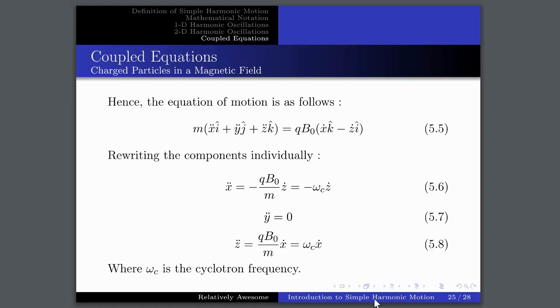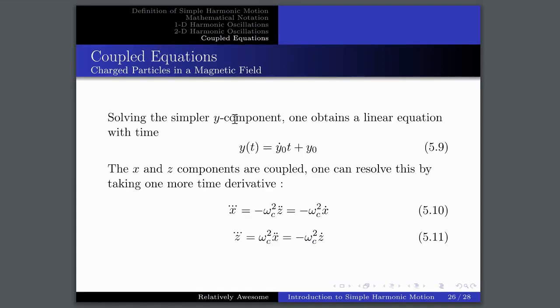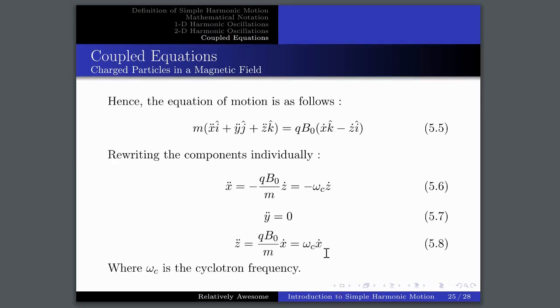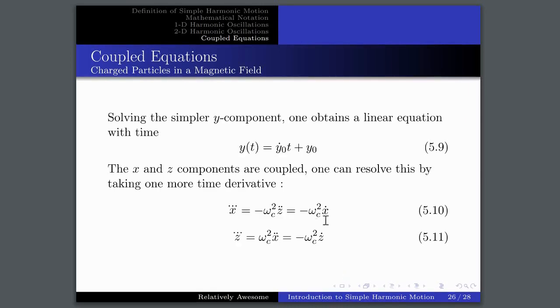Let's solve the middle one first, since it's the easiest. We're solving for the y component, and we obtain that the y displacement is a linear function of time. However, the x and z components are a little bit more complicated. To uncouple the equations, we have to take one more time derivative. This may not seem intuitive, but note that this x triple dot yields a z double dot. We can just plug this z double dot, with the x dot in it, back into this equation. See? And then from this, we obtain